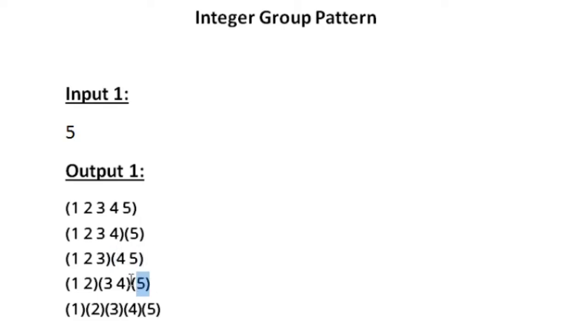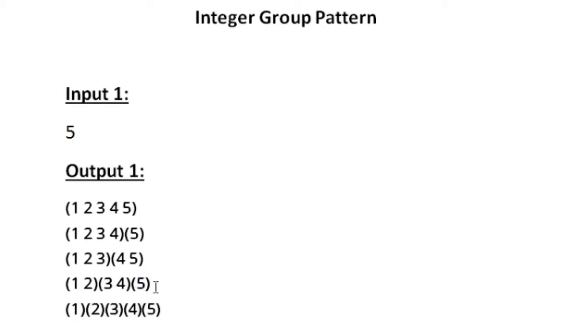And now in the fourth line of our output we must group the integers 2 by 2. So totally there are 5 integers. So the 1 and 2 are in a separate group, and 3 and 4 are in a separate group, and 5 doesn't have any pair, so 5 is alone in a separate group.